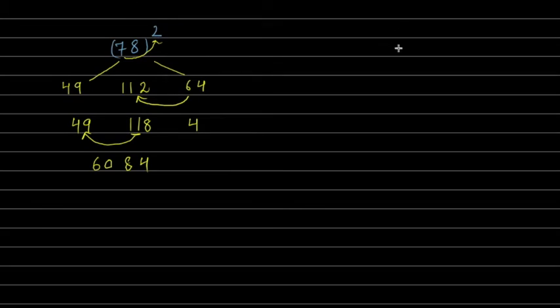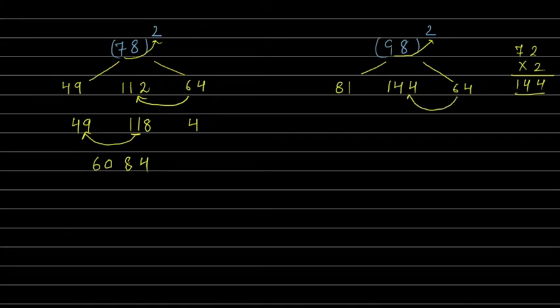If you take another number, let me take 98 square. So what we will do? We will do the same process. 9 nines are 81, 8 eights are 64. Now 9 eights are 72 and 72 into 2 is 144. But you can multiply if you are not sure. So this is 144. Now this 6 you will add here. What is 144 plus 6? It is 150, and copy this 4 as it is. Now this 15 we will add here. 81 plus 15 will be how much? 96, and this 0 and this 4 as it is. So this is how we can do it.